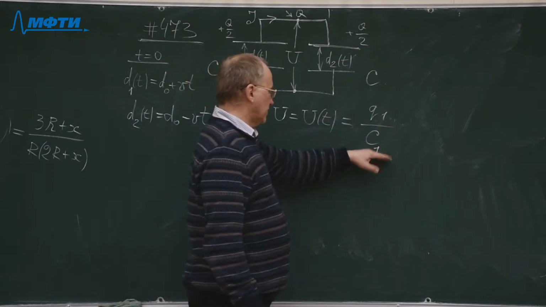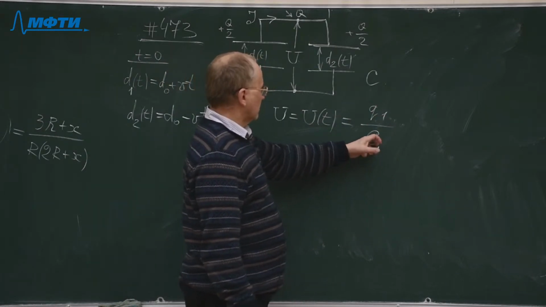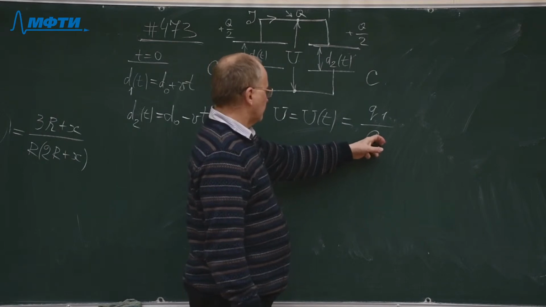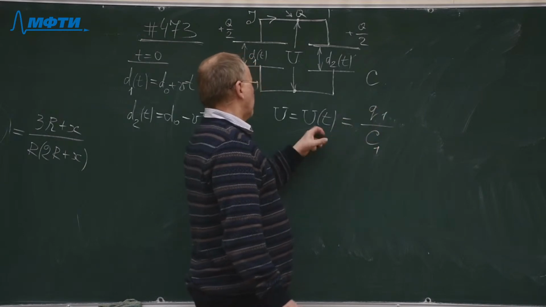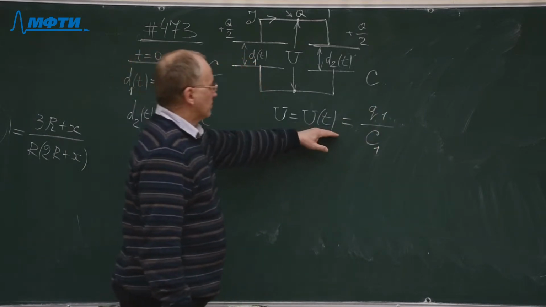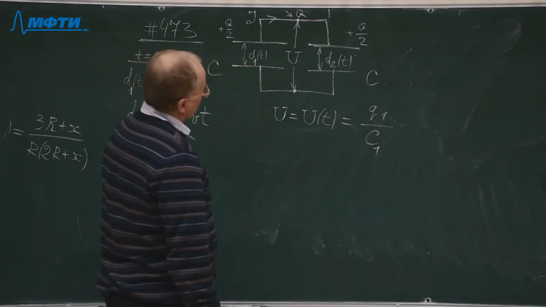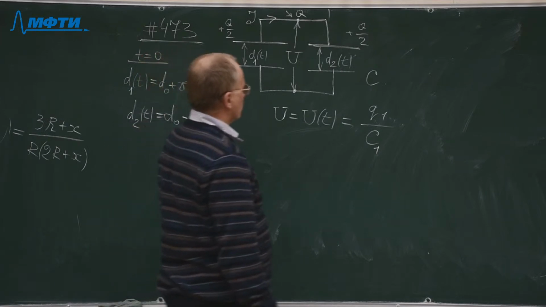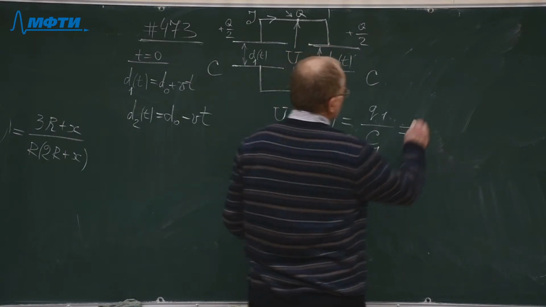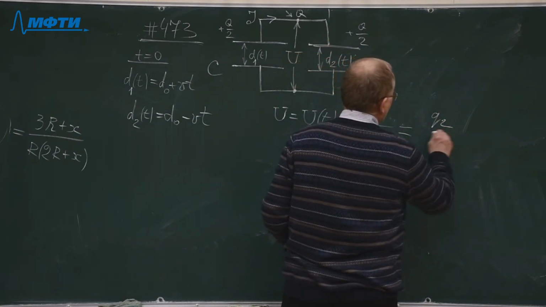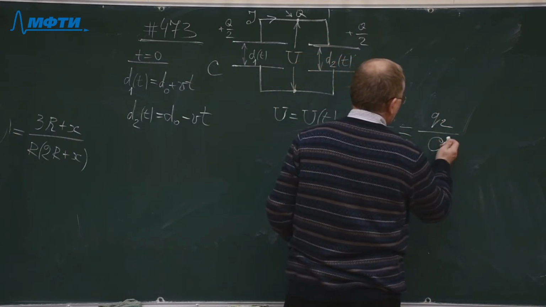The capacitance is defined as the charge on the capacitor divided by the potential difference between its plates. And the potential difference on the second capacitor will be given as the charge on the second capacitor divided by